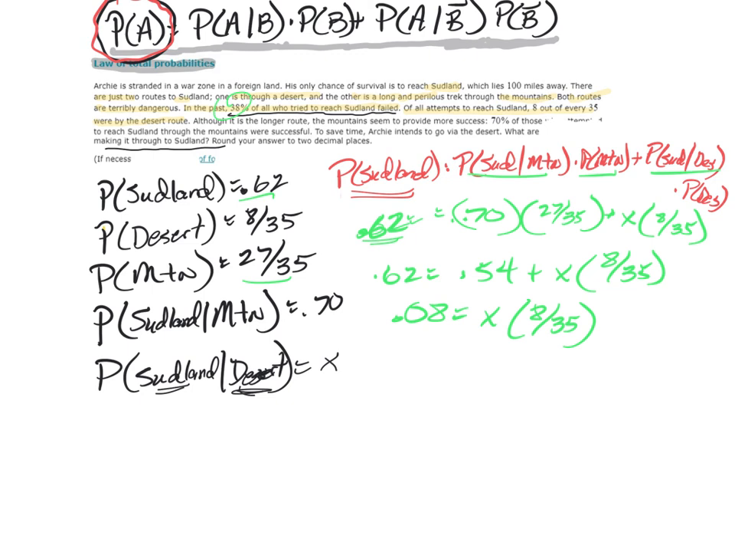All right, and now I'm just going to multiply both sides of this equation by 35 divided by 8. And I get x equals 0.35. So there's a 35% chance of Archie making it. All right, that's the law of total probabilities. So again, you don't have to memorize this equation, but you will know how to use it. And I'm telling you, you're just going to have to practice. All right, let's head on over to